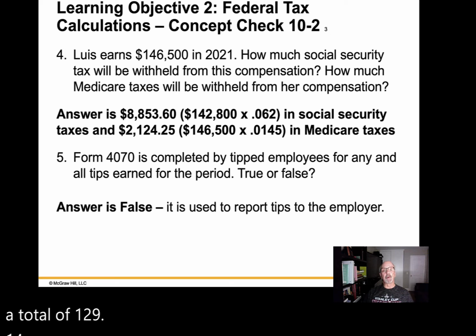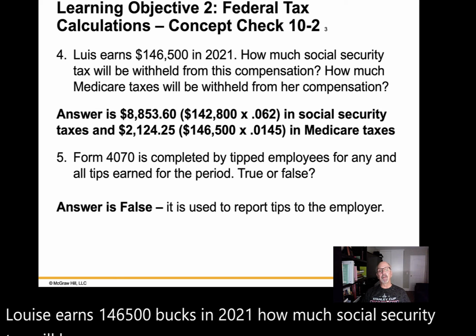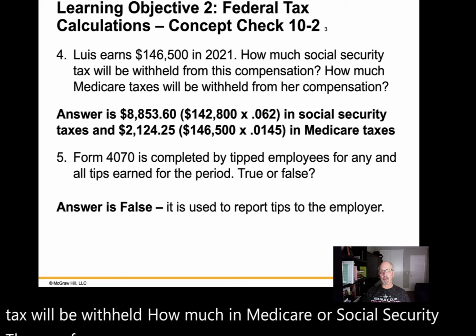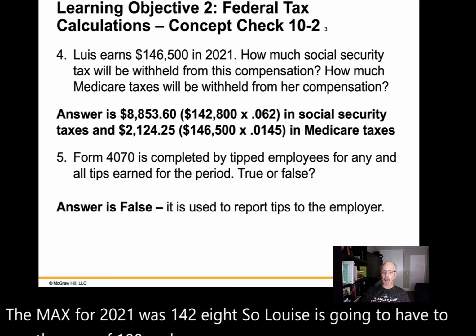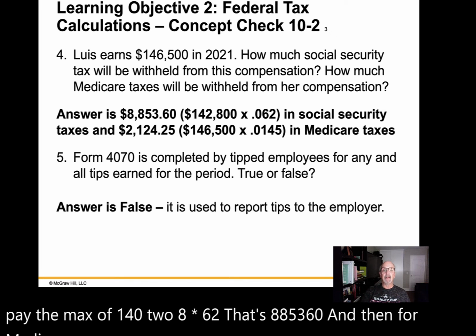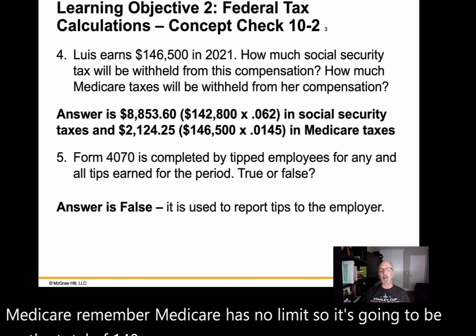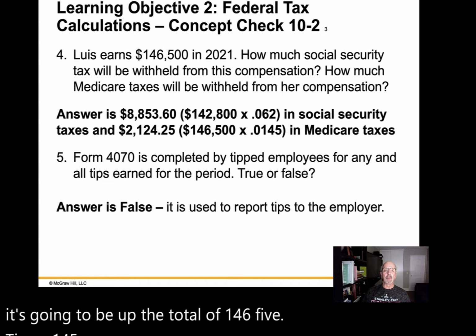Luis earns $146,500 in 2021. How much Social Security tax will be withheld? How much in Medicare? Well, Social Security, the max for 2021 was $142,800. So Luis is going to have to pay the max of $142,800 times 6.2%. That's $8,853.60. And then for Medicare, remember, Medicare has no limit, so it's going to be the total of $146,500 times 1.45%, or